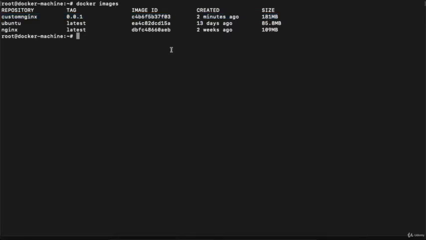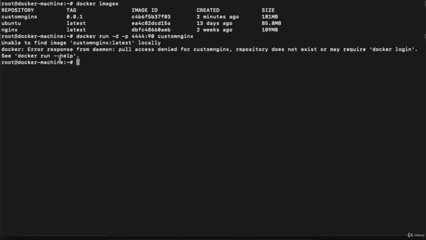If you want to execute this image, then you can execute it by docker run -d -p. You need to specify on which port you want to access your nginx. So suppose I want to access it on port 4444. Then at what port the container will get the traffic, and we have defined port 90, right? Then you need to define your image name, which is custom nginx, right? So this is the port on which we can access nginx from the host machine. This is the port where nginx will get the traffic, and we have modified it to port 90, right? Hit enter.